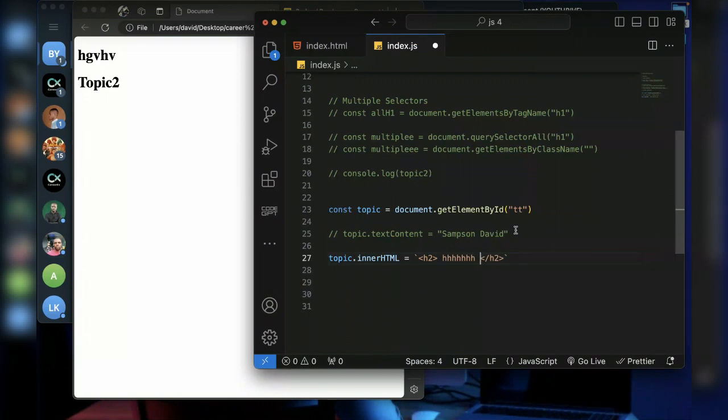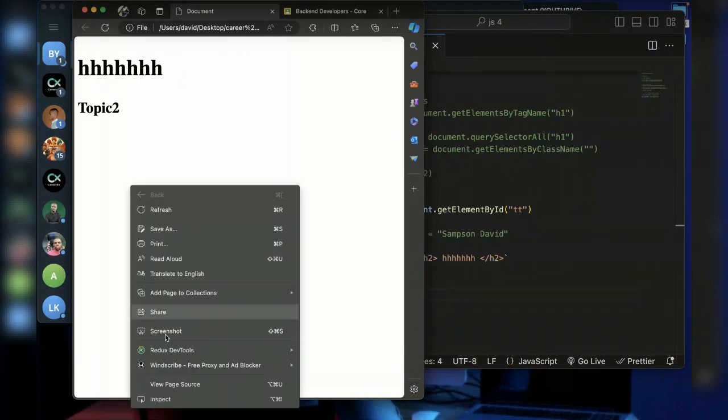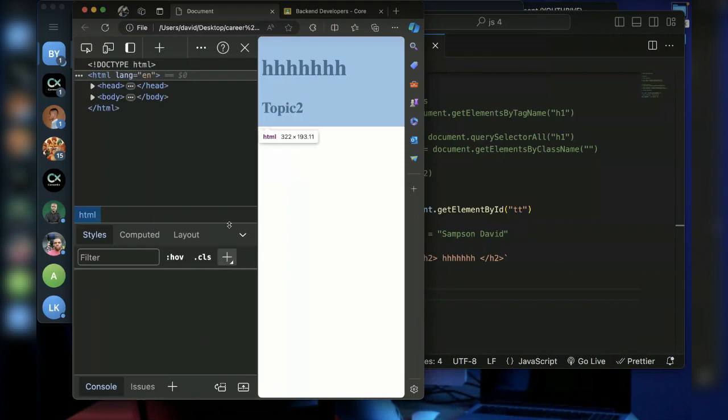So what this means is I have selected the tag and I add another HTML inside it. And the HTML I'm adding inside it is this H2 tag. If I save this and refresh, you see that the content has changed, but it is not the same as the textContent.